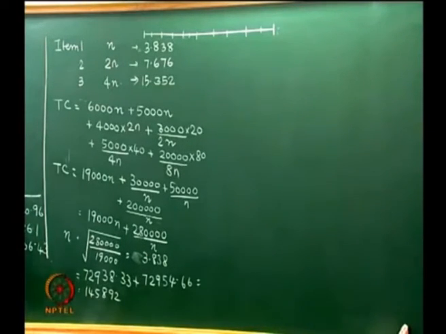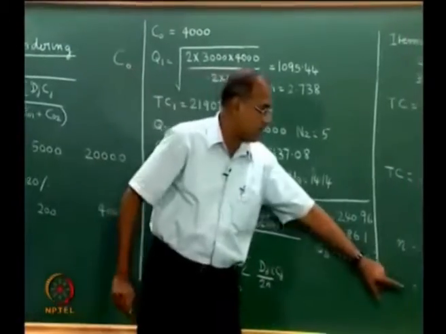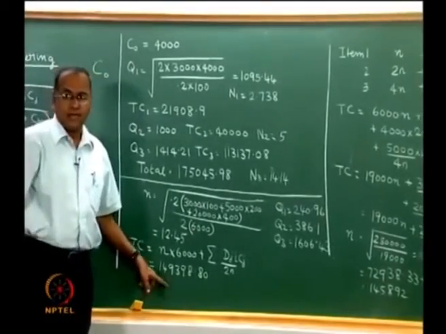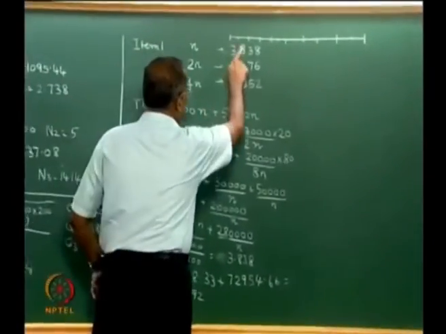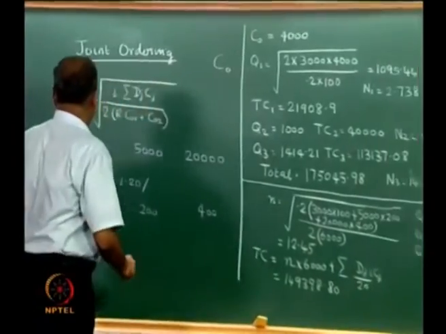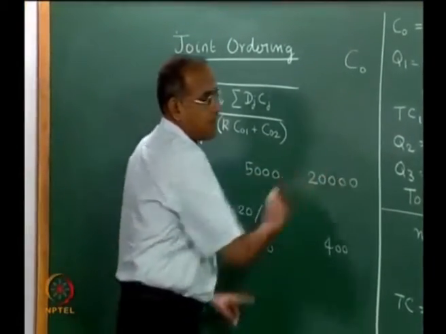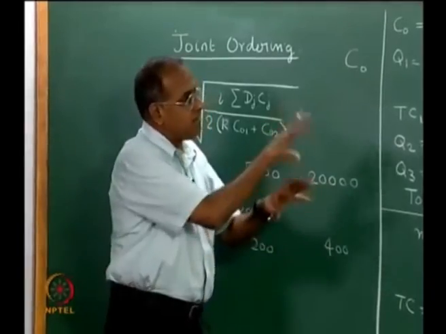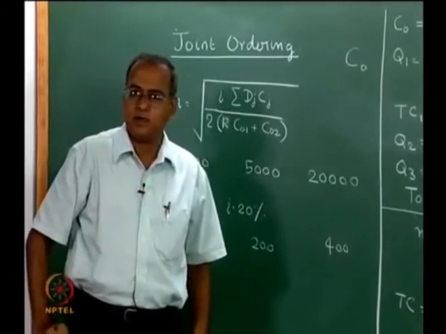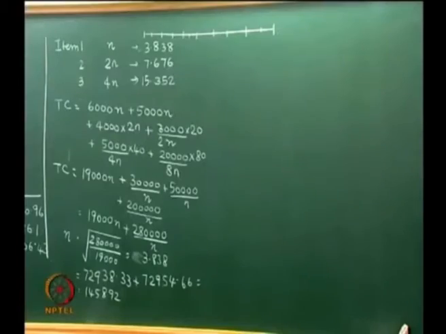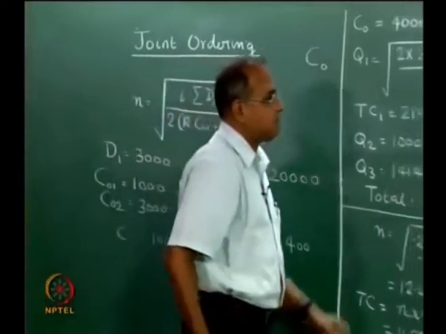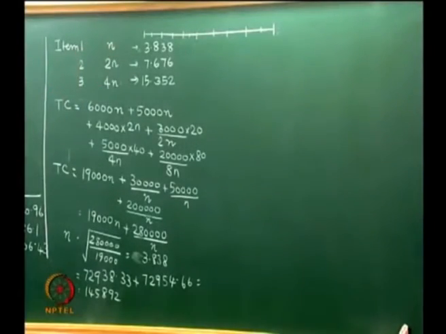So now, the first thing we observe is that the cost has further come down, 1458.92 versus 1493.98. The other advantage we have here is that the number of orders are staggered and somewhat proportional to the annual demands of 3,000, 5,000 and 20,000. So roughly all of them will have order quantities somewhere around 800 to 1200. The number of orders will be different. The average inventory that we hold will also come down. So that is the advantage of using these kinds of staggered values.